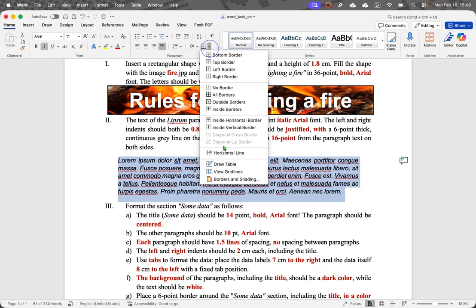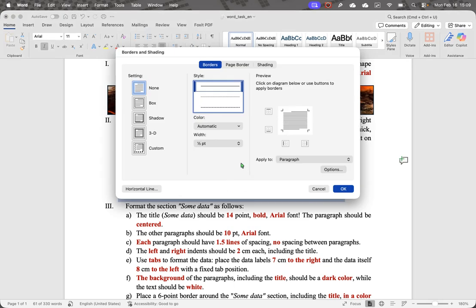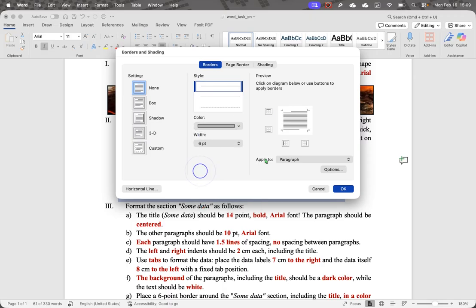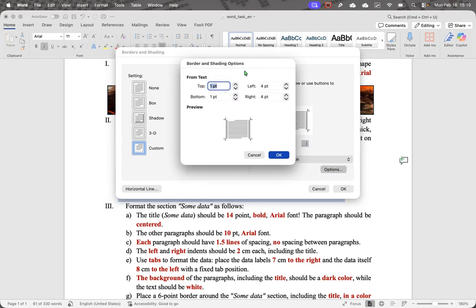It says borders, and at the bottom of the list you can find borders and shading. So you can set it to 6 points, and we should select kind of gray, and sorry, we should put it on both sides, so left and right,